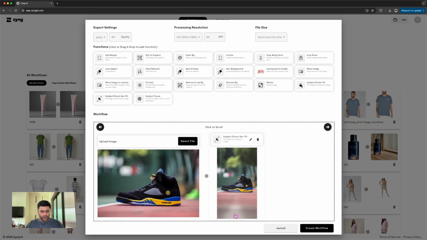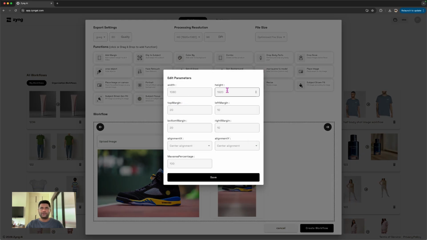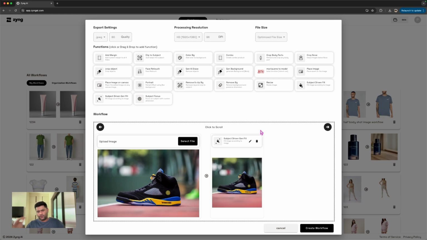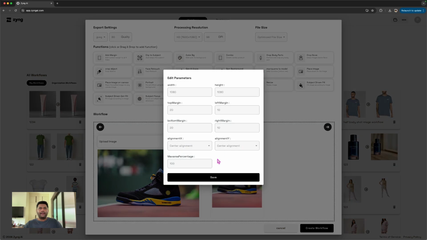Now let's say I want to change this specific image to a square aspect ratio. So I make it 1080 by 1080. Again, the idea is you can save this as a workflow, either as an independent function or uniquely, and go ahead and do that. So here you're able to see it has generated a little bit of the background on top. It has definitely generated more foreground here,